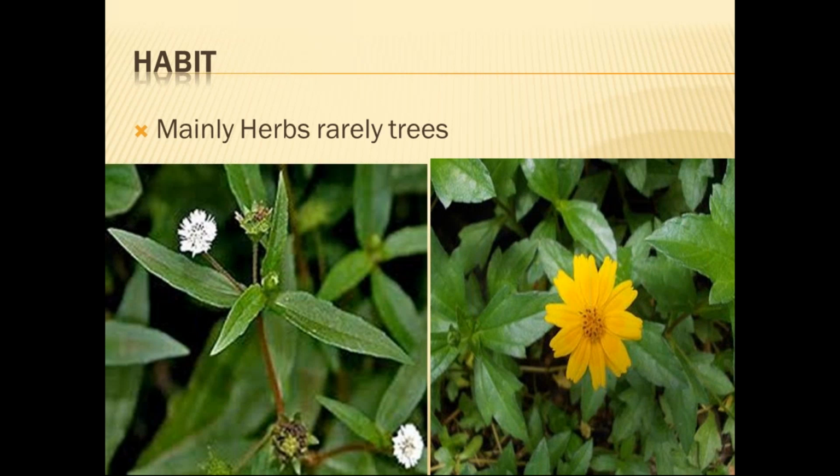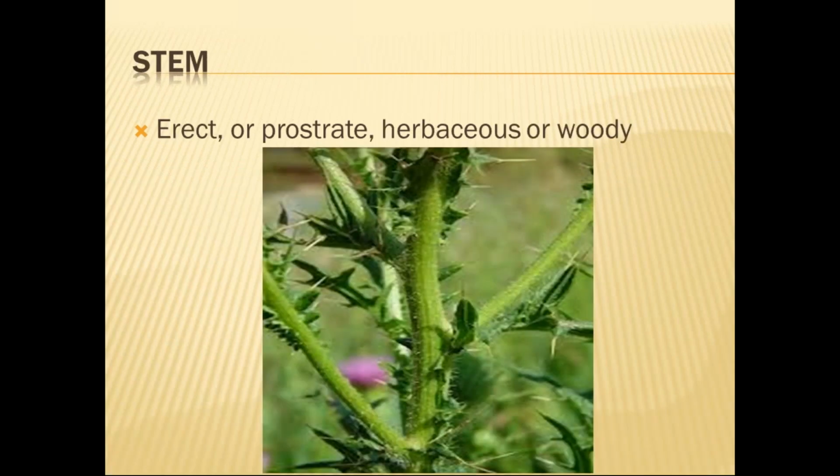Generally, as we saw in Valerianaceae, they have basal leaf arrangement mainly. Here in some cases it is basal leaf arrangement, and in some cases they have branching upwards also. They are erect, prostrate, herbaceous or woody. As they are somewhat perennial, some woody structure develops. They have an erect stem because it is straight. Height is around 1 foot to 2 or 3 feet, and we see erect or prostrate, herbaceous or woody stem in this family.